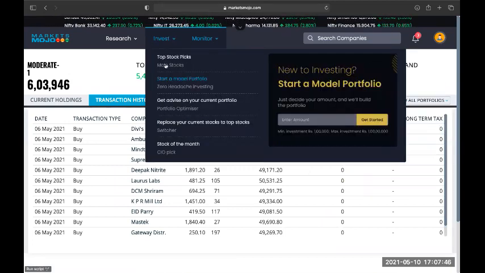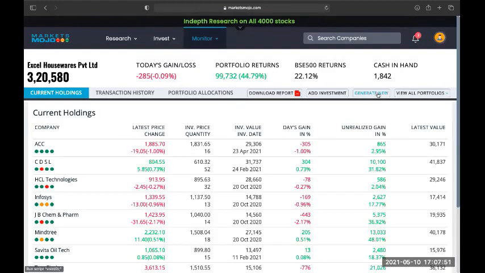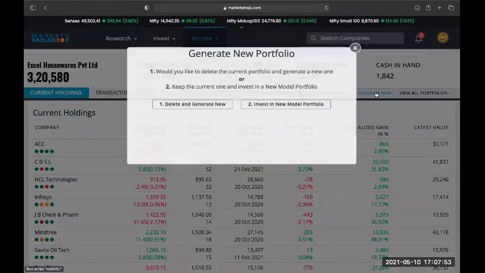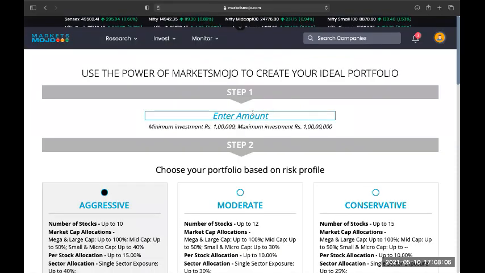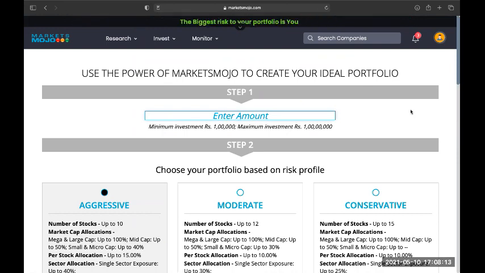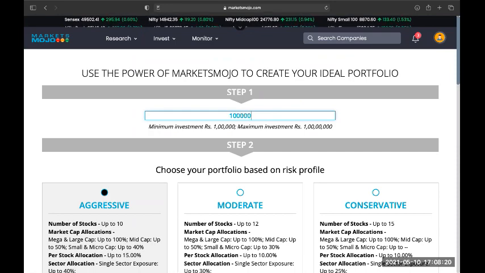So you come to invest and you go to start a model portfolio. And over here, you go to the option called generate new. You click on generate new, you select invest in a new model portfolio. And over here you just enter the amount, whatever is your current size of portfolio, or maybe you are starting off new or you want to do an SIP in equity. So the easiest option is to start with, say, 1 lakh rupees,